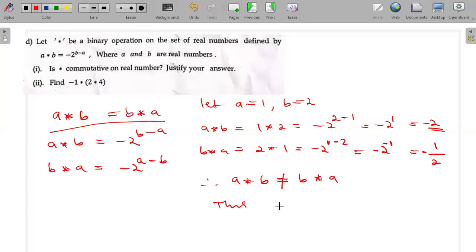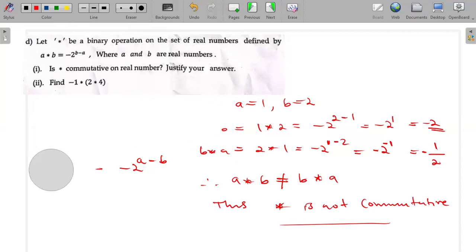Thus, we have that star is not commutative. Okay, so that's how we show that star is not commutative. Okay, so next they're telling us to find